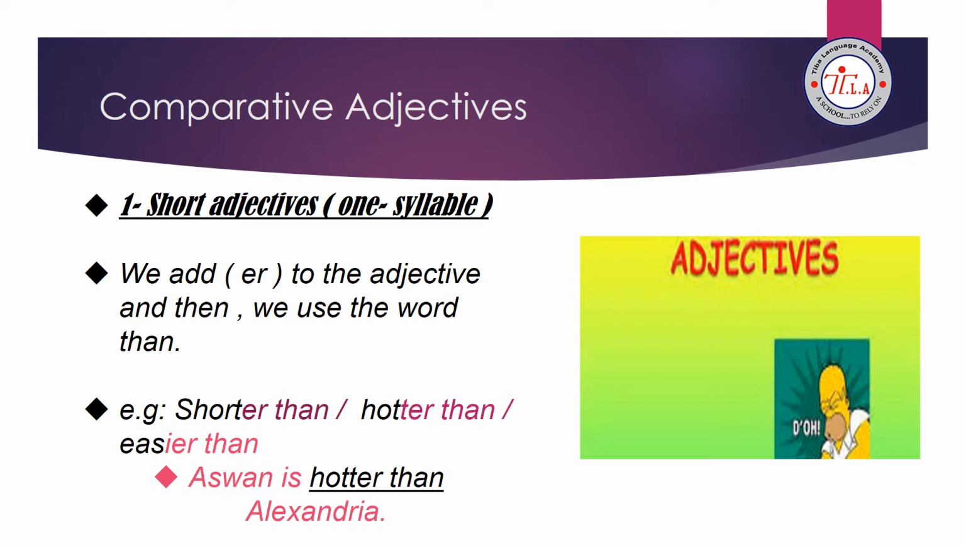Okay, now I start with comparative adjectives. For adjectives, we have two types. The first one, short adjectives, which consist of one syllable word. So the words short, hot, tall, big, slim are short adjectives because the word is only one syllable. In this case, if I compare using this short adjective, we